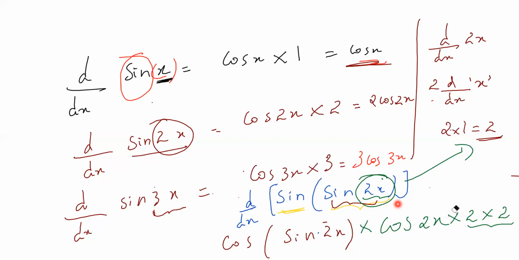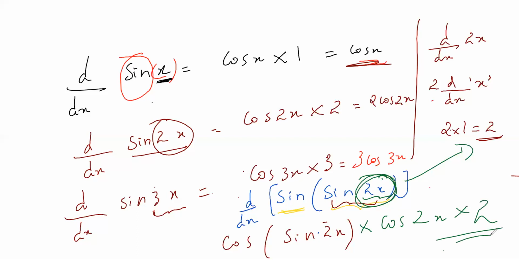How many of you did not understand this step, the final step up to this? Once more I'll explain. You may have a confusion in this. Sin differentiation is what? Cos of cos x, correct? Sin 2x. Now go to this inner term. Sin 2x is there in this. Sin differentiation is what? Cos 2x. Next, differentiate this 2x. That is multiplied by 2. That's all.